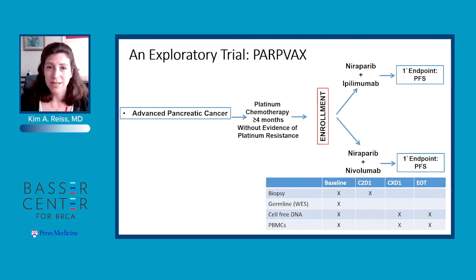In collaboration with several different laboratories at Penn, patients on this trial undergo deep genomic and immunological characterization, which is aimed entirely at the confirmation and discovery of specific signals that might predict for success of an HRD-driven maintenance strategy. Just to highlight a few of those things, Dr. Nathanson's genomics laboratory will be performing germline sequencing, whole exome germline sequencing, and also DNA and RNA extraction and analysis of tumors to look for DDR-specific